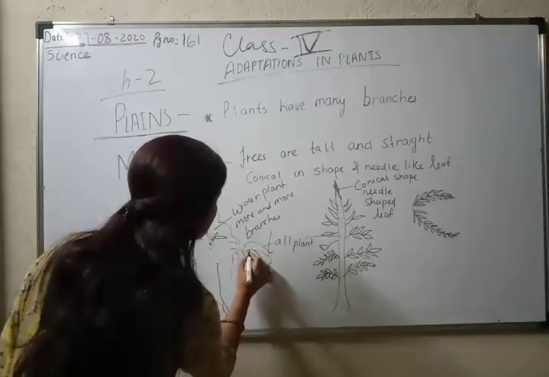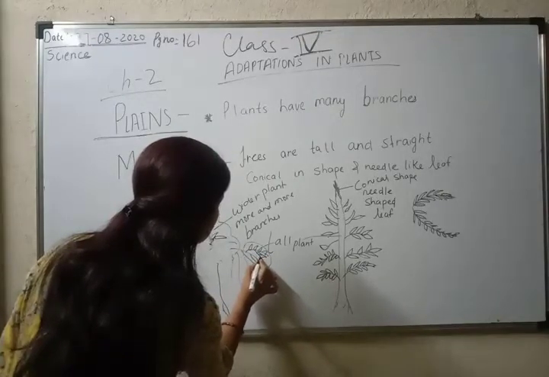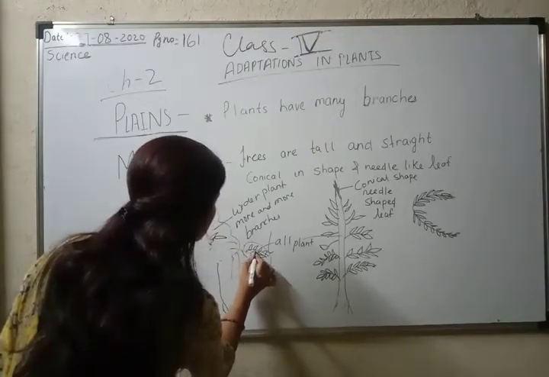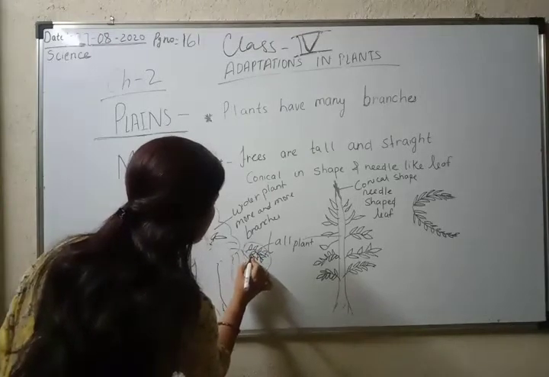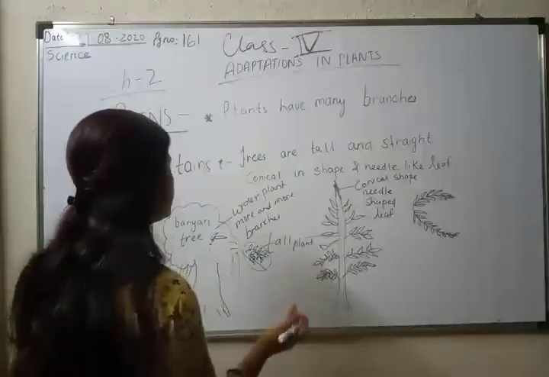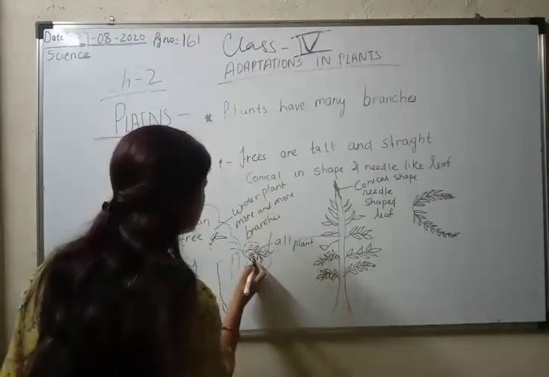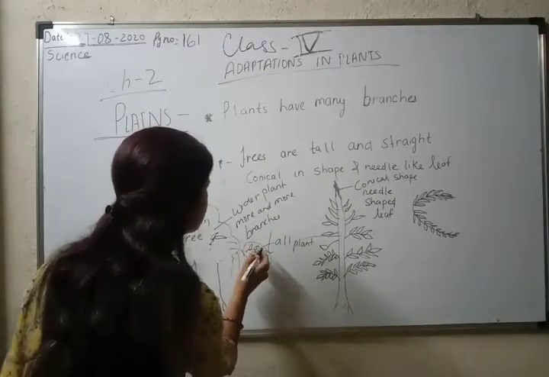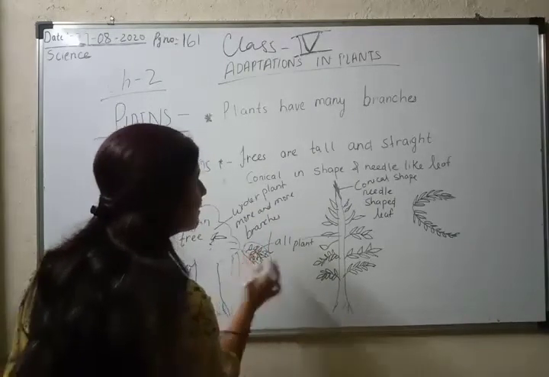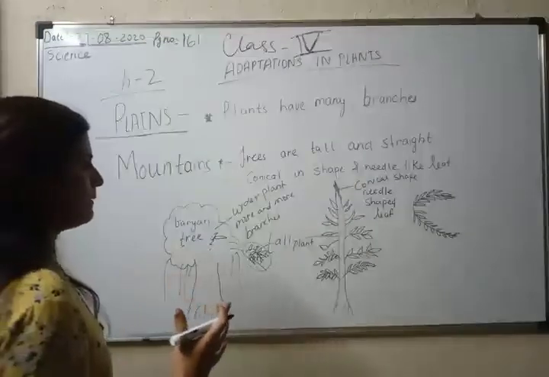So what happened, at the same place a number of leaves grow. At one place there is a number of leaves. So when there is a summer season, hot humid climate, these leaves come in contact with the silver hot, but these leaves get shade from the leaves above. They don't come directly in contact with the heat in summer days.